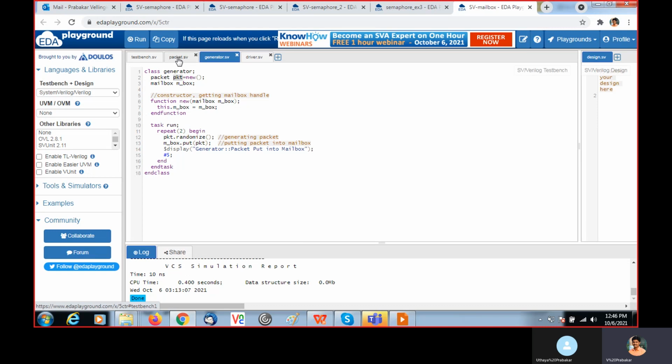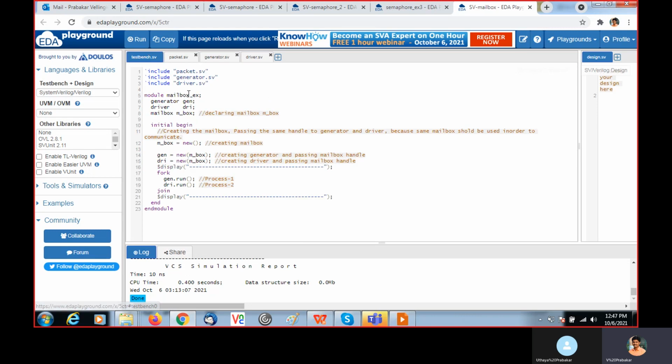This packet is instantiated here as pkt, and we create new for that. Then the mailbox is instantiated here as mbox. Within function new, I get the actual mailbox handle and assign it to the mailbox which I declared here. Okay, where we are getting this from is the top.